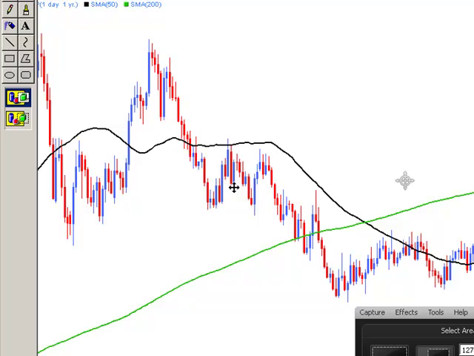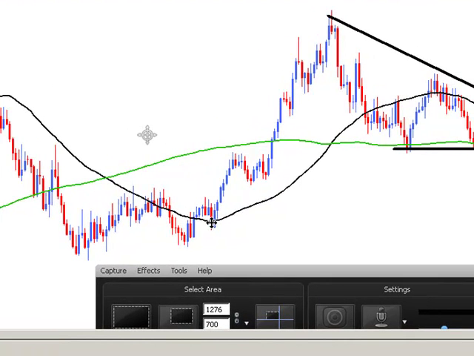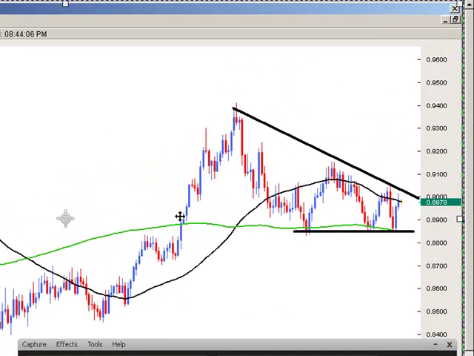For instance, as this comes down, bumps up, it's resistance, hits it again, resistance, again and again. Finally it breaks through it, uses it as support. Where does it go to the next level? Up here we get resistance, pulls back, breaks through, comes up here,